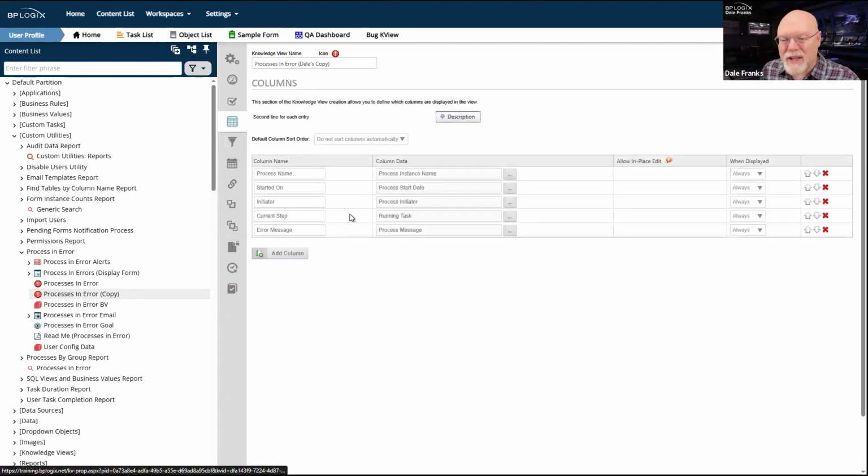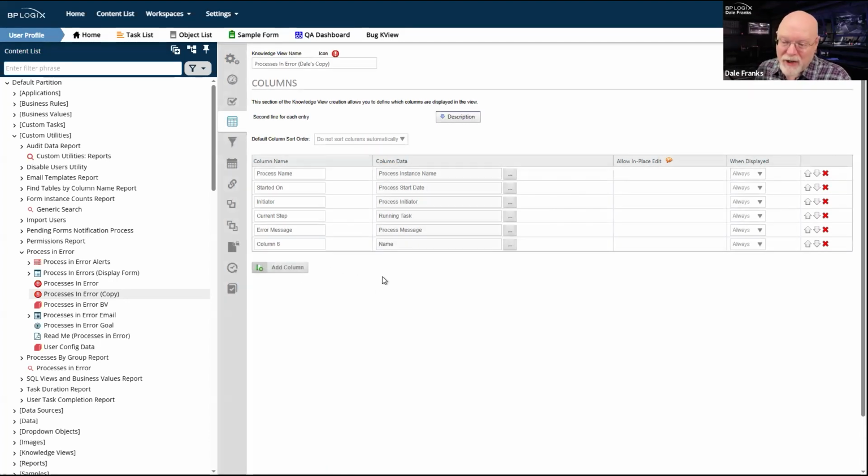Now, as I said, not super happy with all of these columns. There's nothing wrong with the columns that are here. There's just a column that I like that we're missing. You don't have to do this, but I'm just telling you, I find it super convenient to have a column with the folder path of the object so that I can get an idea of where it exists in my content list.